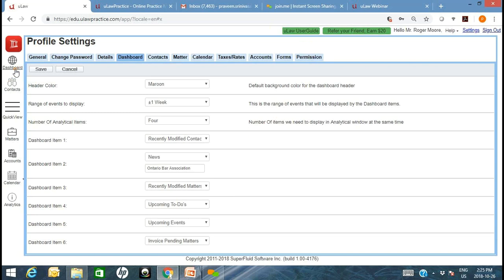You could have invoice pending matters that truly highlights all of the matters for which you've inputted the dockets or disbursements. You're now eligible to generate an invoice, and we're reminding you that you haven't generated those invoices yet. So technically speaking, you would want this particular rectangle or dashboard item to be empty for all ideal cases, right? Because this is reminding you that for these many